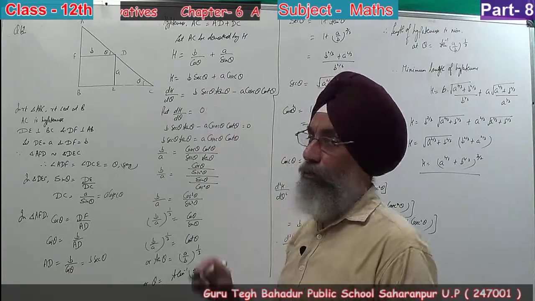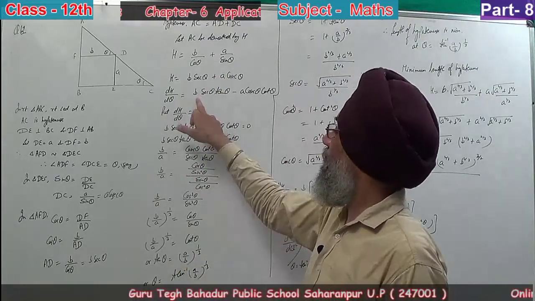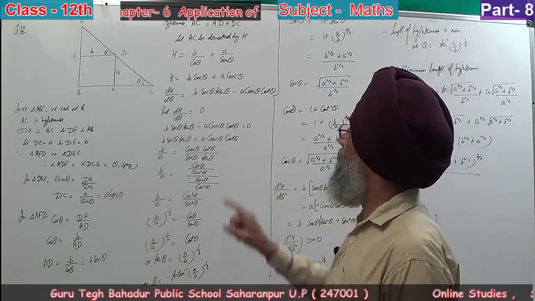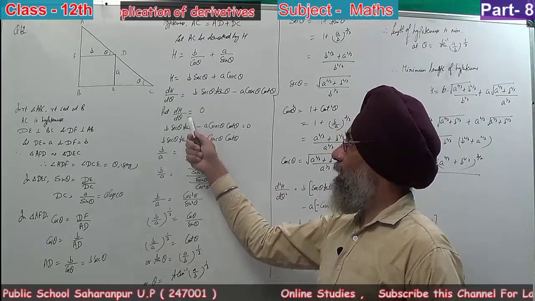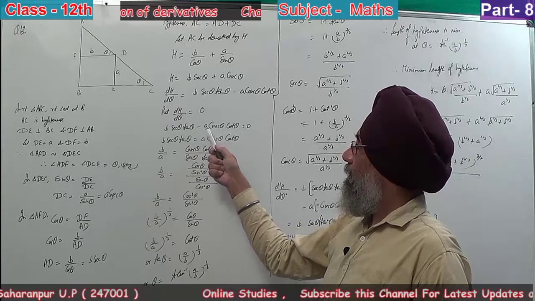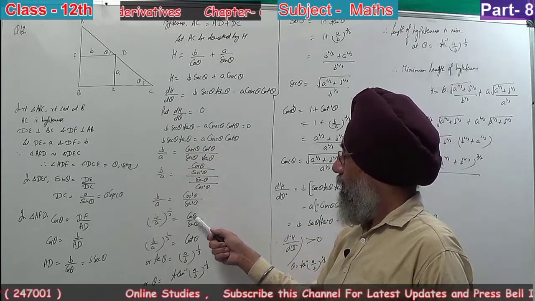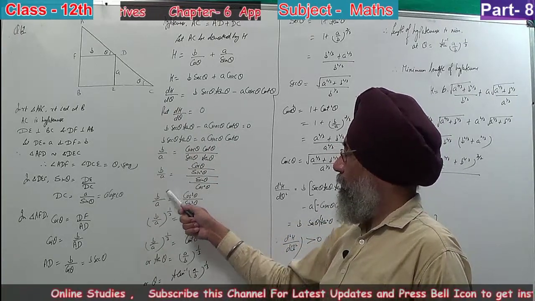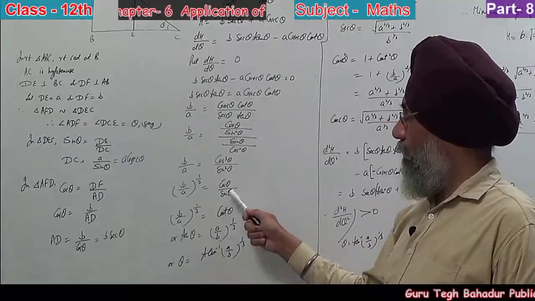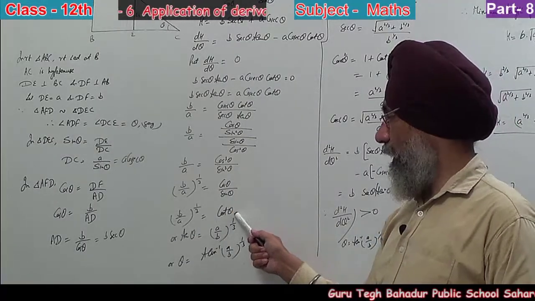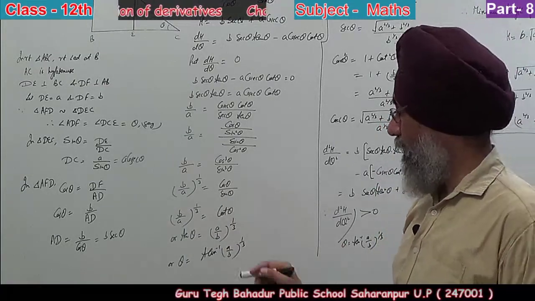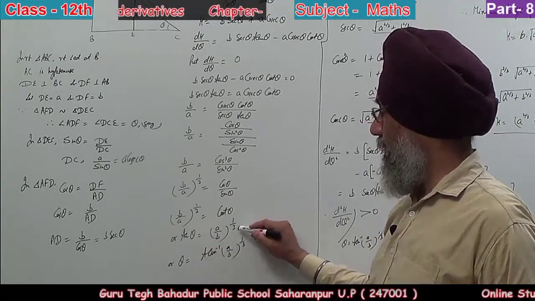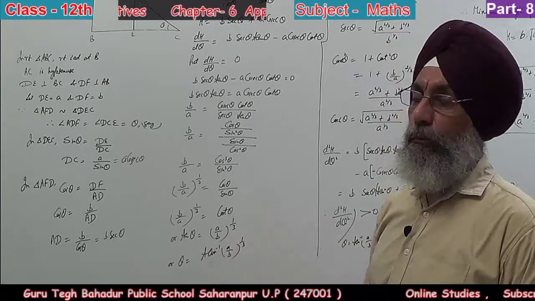Differentiating both sides with respect to theta, we get b sec theta tan theta minus a cosec theta cot theta. Placing dH over d theta as 0 and solving it, what do we get here? We get cosec cube theta upon sec cube theta is b upon a, or cos theta upon sin theta to the power 3 is b upon a, or you can say cot theta is (b upon a) to the power 1 by 3, that is the cube root. Or tan theta is (a upon b) to the power 1 by 3, and theta is tan inverse of (a upon b) to the power 1 by 3.